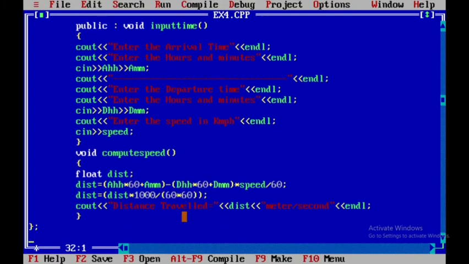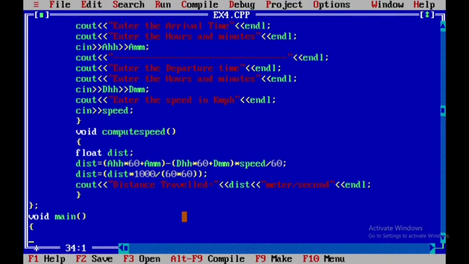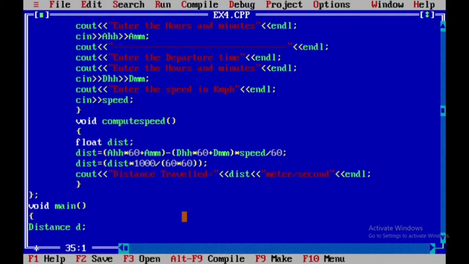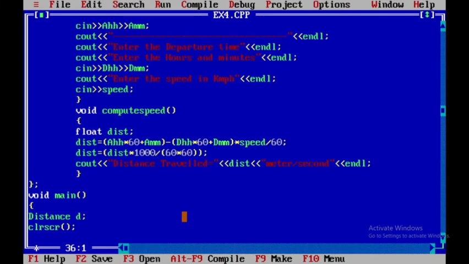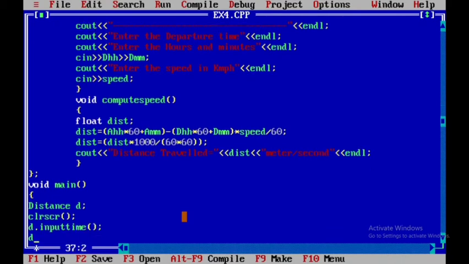We'll check void main. What is the class name? Distance. We need to create an object for the class called distance. So distance d, then clear screen, and I need to call the input time member function, then d dot compute distance.